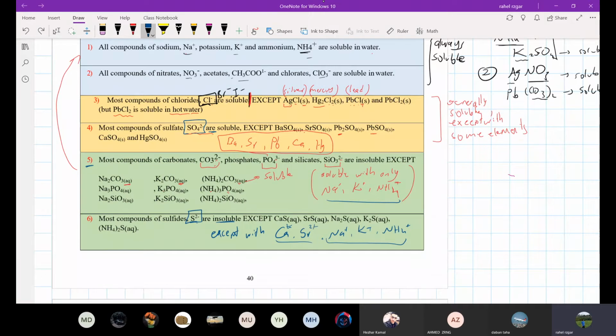So calcium sulfide, see, calcium sulfide, soluble. Strontium sulfide, soluble. Sodium sulfide, soluble. Potassium sulfide, soluble. And ammonium sulfide, soluble. So that's how you can memorize these 6 rules. So rule number 5 and 6 generally